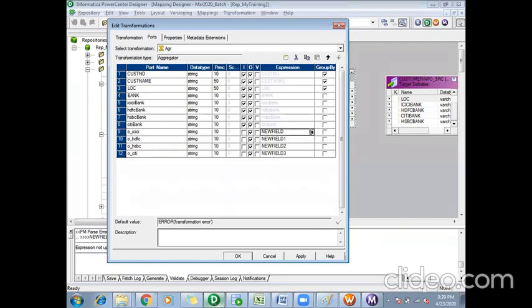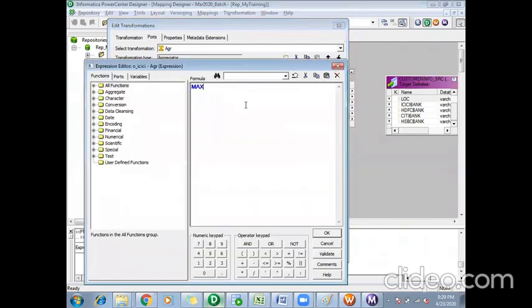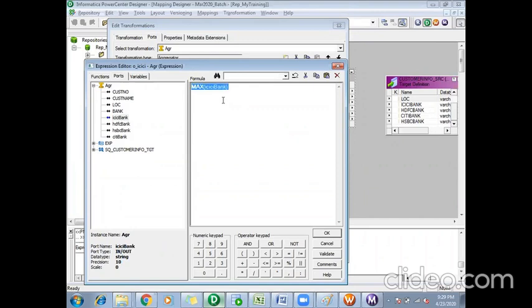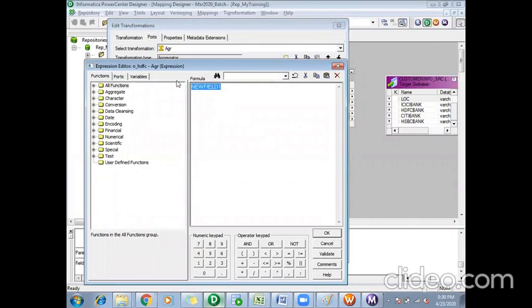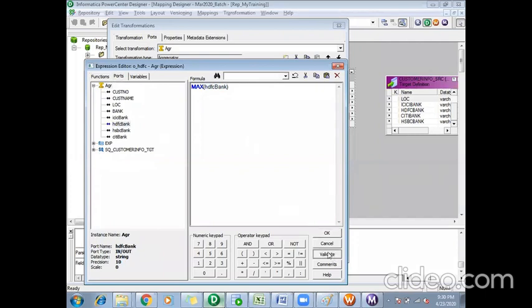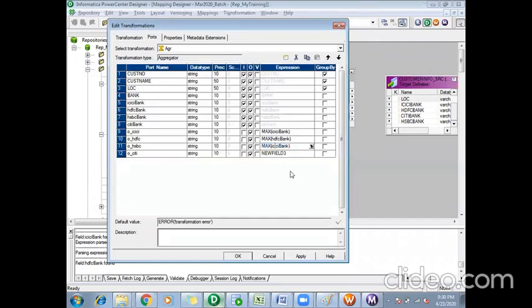Here I'll say max of ICICI Bank for the ICICI Bank port, max of HDFC, max of Citibank.